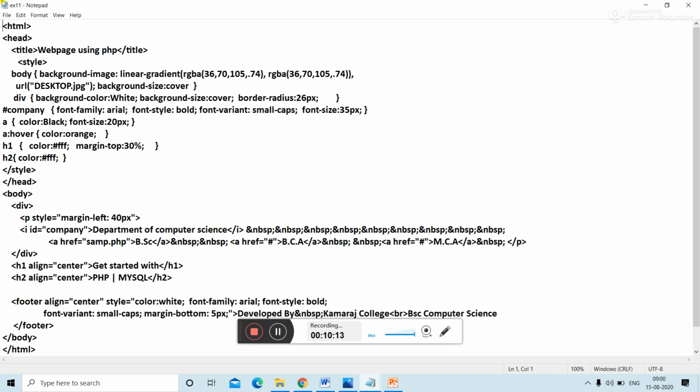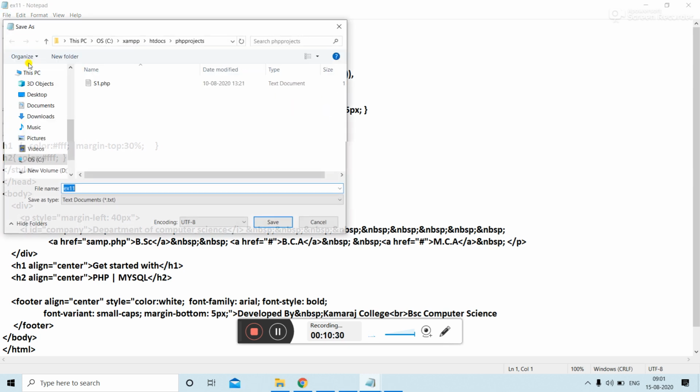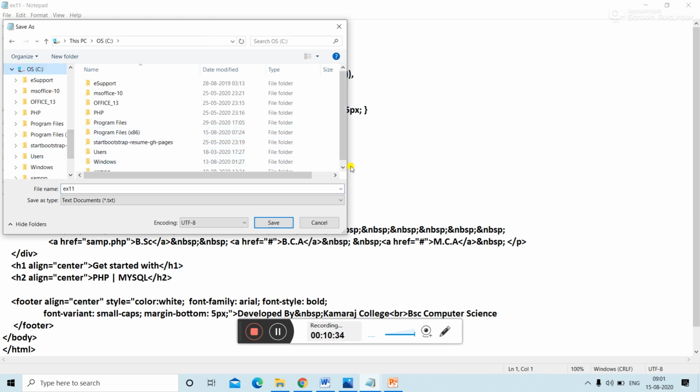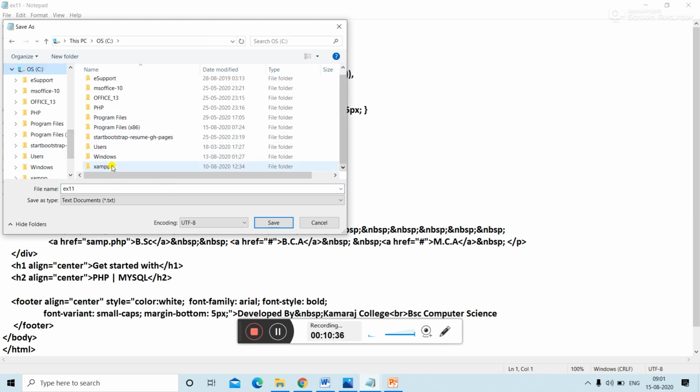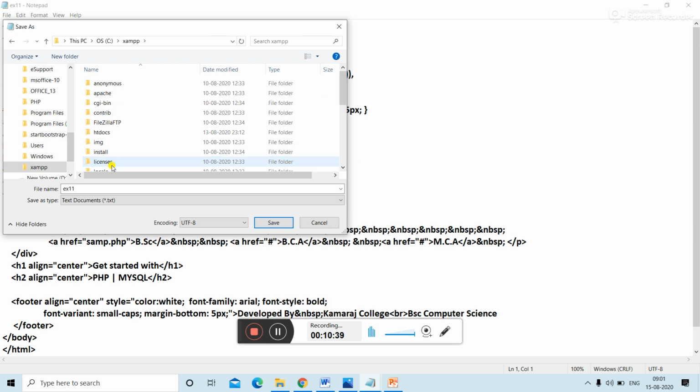Next, I have to save it in the htdocs. Before that, we have to install the PHP program, then save it as. I have installed it already, so example, select xampp, under this select htdocs.